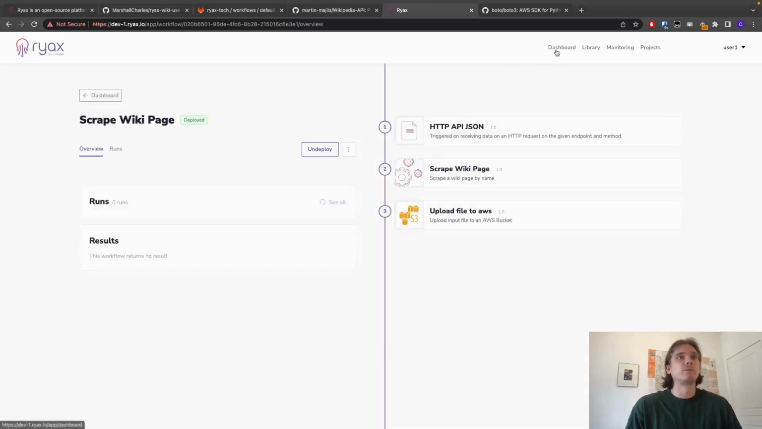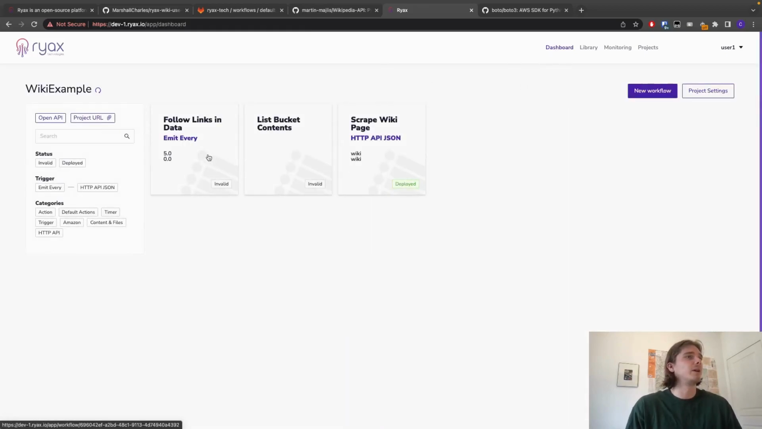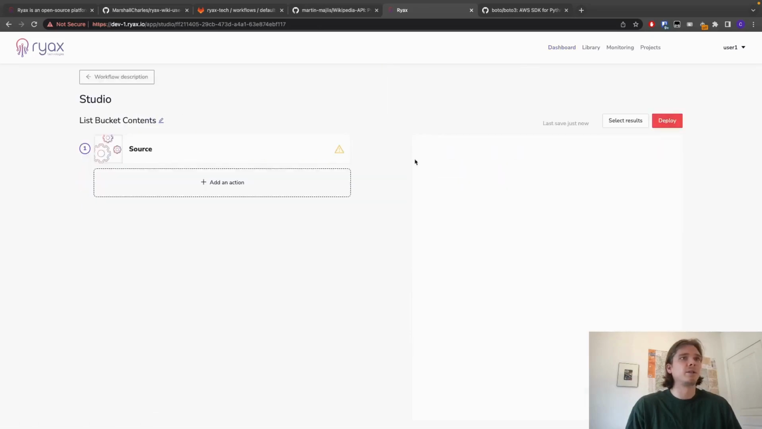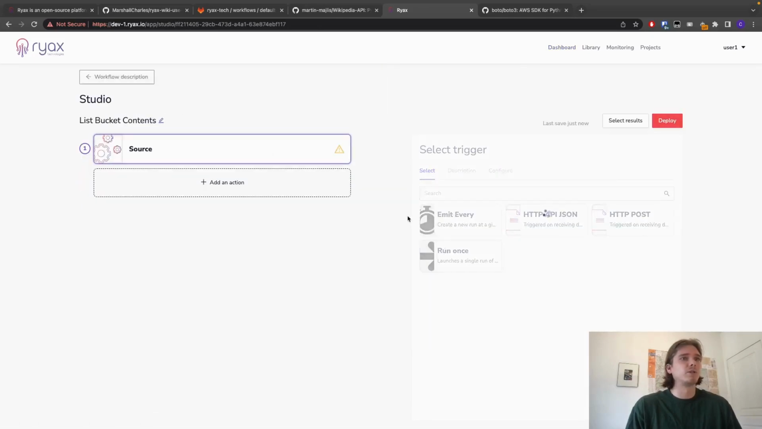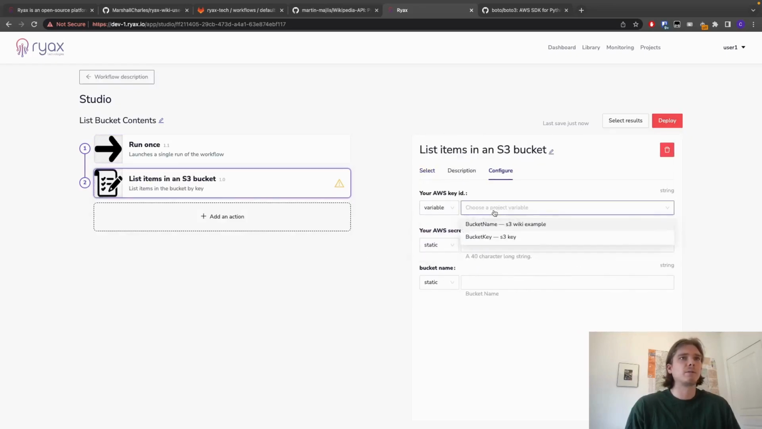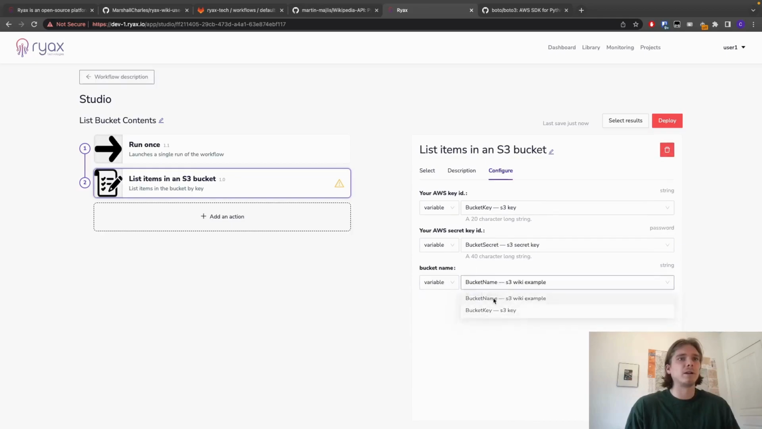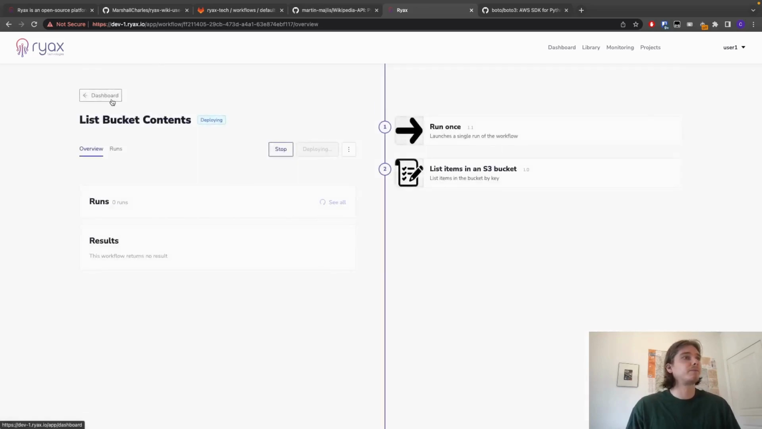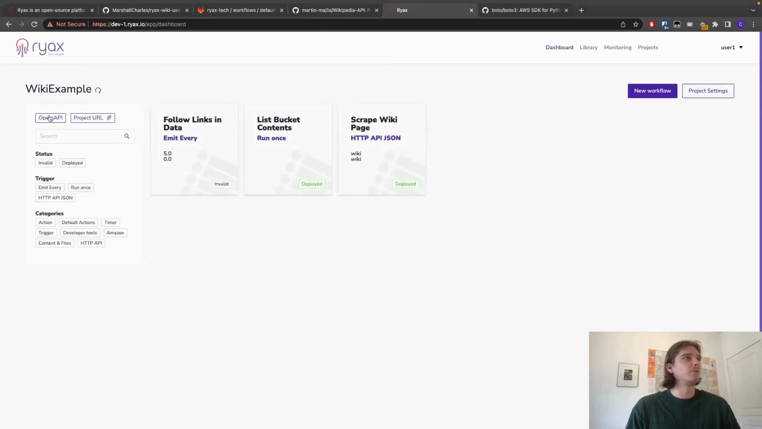Okay, let's deploy that, and then I'm going to make this other action we can just trigger manually, and it'll list the items we have available. So this is our key, this is our secret key, and this is our bucket name. Deploy that. That's deployed. And then we can just start